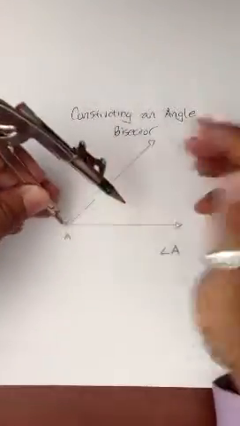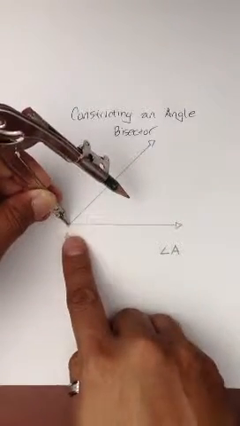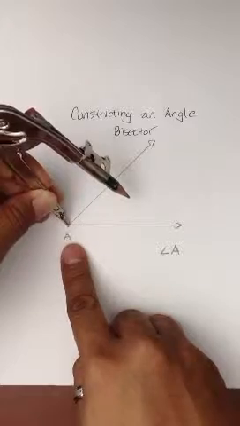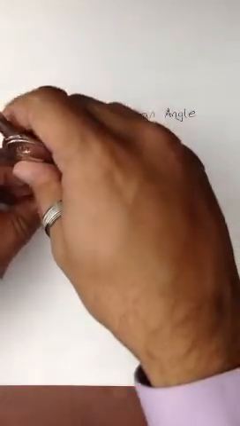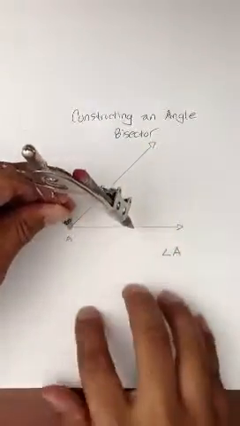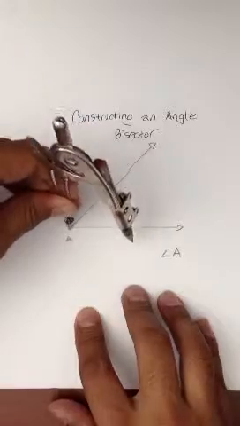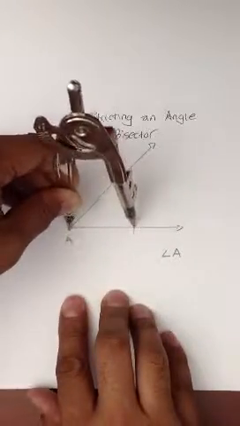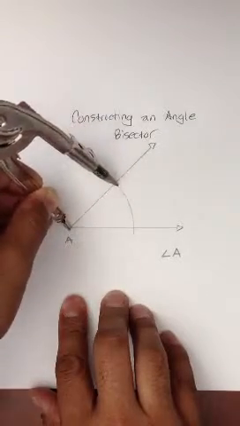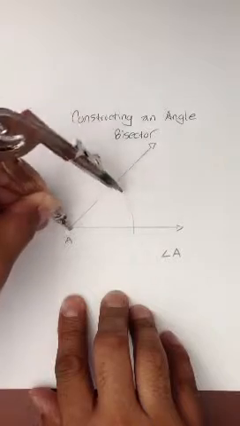The first step is to take your compass point and place it on your angle, your vertex. You can do this as small or large as you want. The larger the better. So I'm going to go ahead and take this and put some pressure down on A so it doesn't slip, and I'm going to create an arc. So I created that arc,